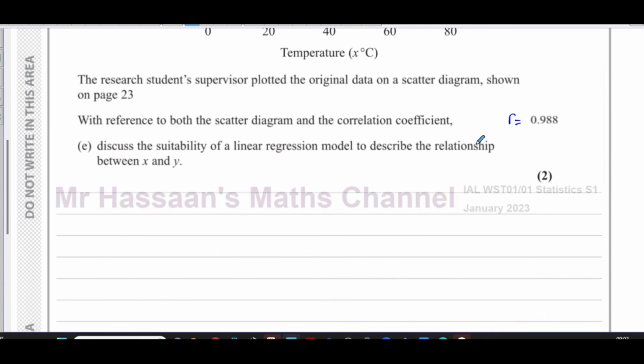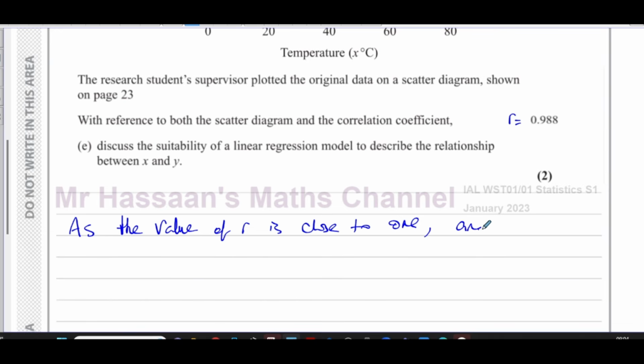So we can just mention it's only two marks. We can say as the value of r is close to 1, even if it was close to -1, it would be a negative correlation, but it would show that they're close to a straight line. As the value of r is close to 1,